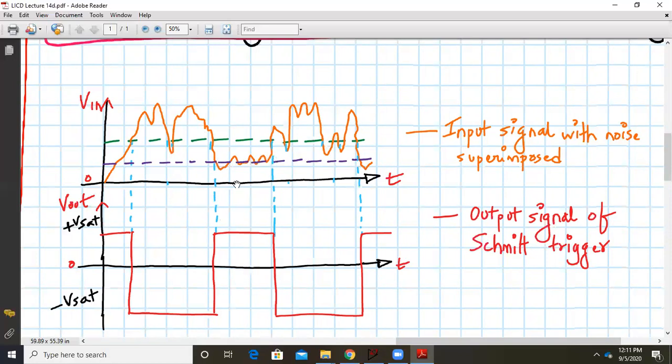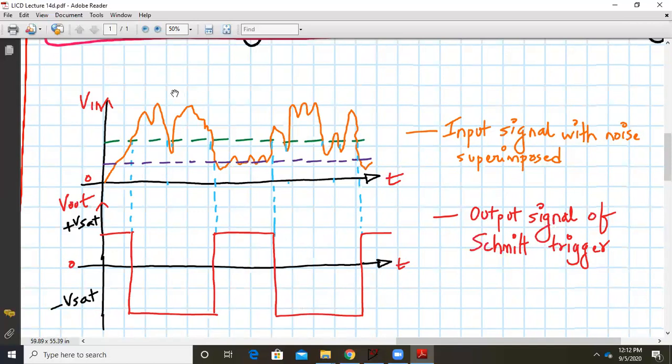Right now the state of the output is at plus VSAT, and next time it will change the output state whenever the input again crosses the green reference. So again, you can see the output has changed from plus VSAT to minus VSAT. Now you can see there are a lot of fluctuations. The input is fluctuating a lot about this green reference line, but the output will not change state. It will only change state whenever the input falls below this blue reference level. So basically all your false triggering transitions are eliminated in the case of a Schmitt trigger.